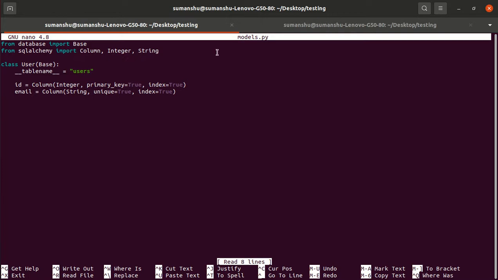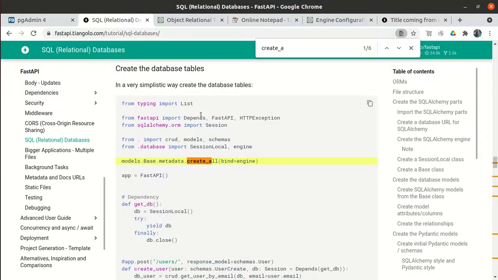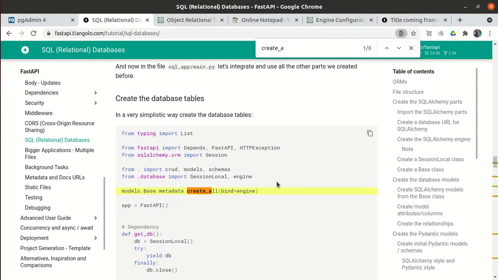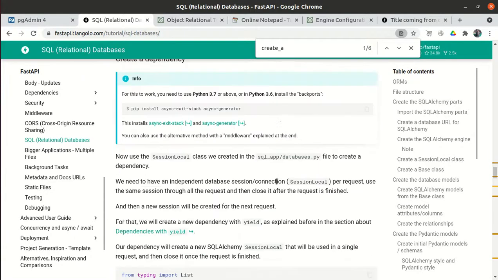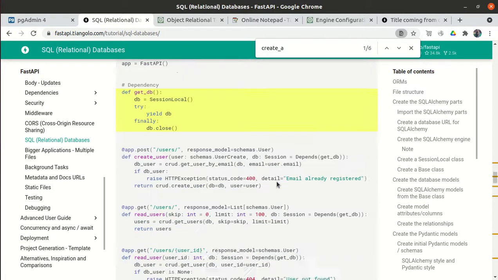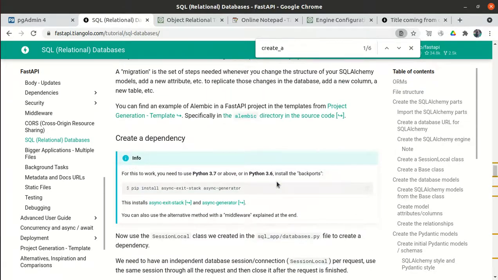So we are importing the base class, because we are importing the base into the models, so we are importing this base from the models. So that could be one of the reasons. Let me cross check the official documentation to see if I find something. If you know something, you can also tell me. Let me check. How should I check?